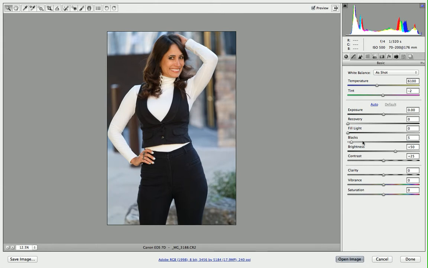Camera raw should work in CS5, CS6, CC, Creative Cloud. I believe in Creative Cloud, camera raw is actually a filter that you could use. So let's get started. I like to use camera raw here as a good way